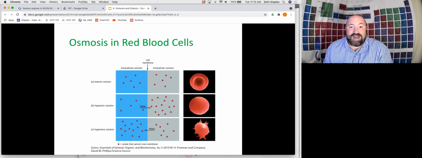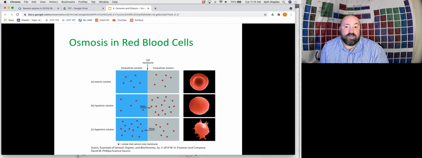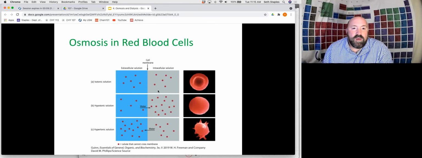Here's a look at where it might happen with red blood cells. This is one of the reasons why it is important to give electrolytes to patients possibly. Here's a red blood cell in solution. If you have a completely isotonic solution, we have the same amount of solute particles inside and outside, so everything's fine. If, however, you drop that red blood cell into a hypotonic solution, so remember, water is always going to